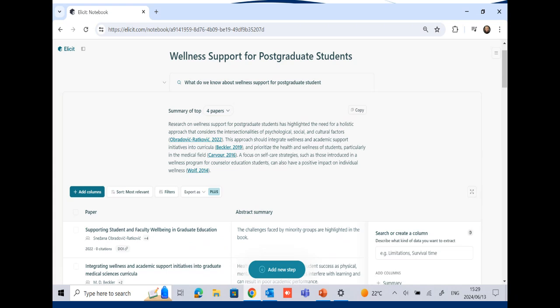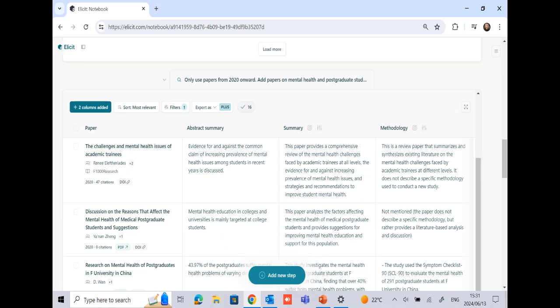Elicit then allows you to either ask more questions and refine what you were asking, or there are other options. I then asked to only use papers from 2020 onward and to add papers on mental health and postgraduate students. So I was now refining based on the first finding. Elicit will then regenerate a new summary for you.